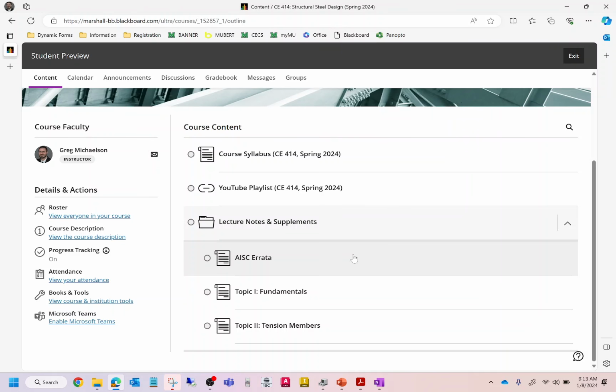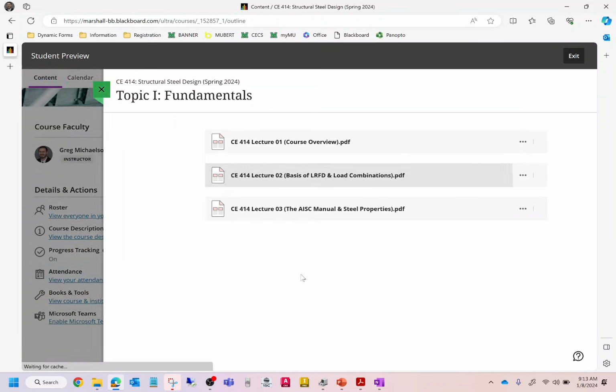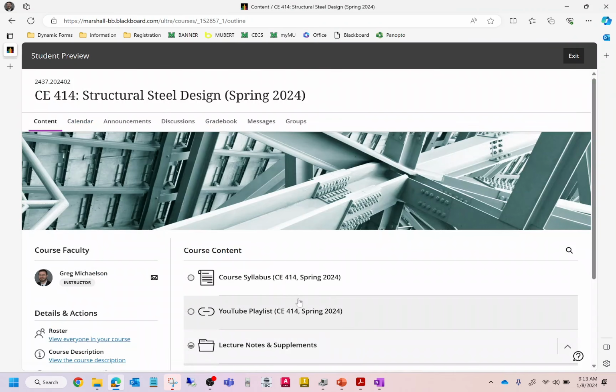The other thing I'll mention is in here in lecture notes and supplements, there are topics for each of the fundamentals, tension members. So if you open up topics, you'll see all the lecture notes here. If you look here, you'll see all the lecture notes there. I did want to mention the AISC errata tab, because there's two things in here which I'll highlight later